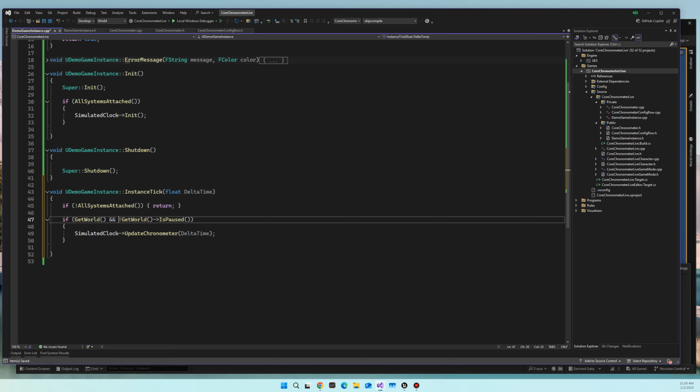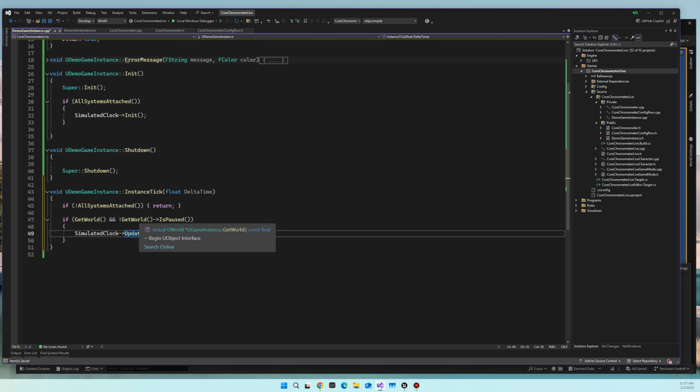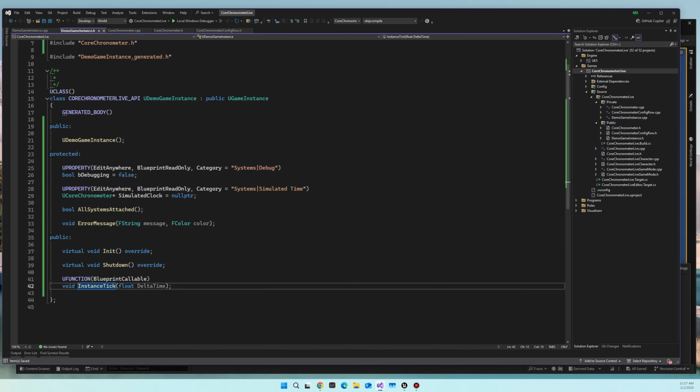Again, we're trying to simulate world time in the game, so we don't want it to be ticking if technically time is paused. So that should take care of that. And again, we're using the little not symbol here to make sure that we get the opposite for this to run. All right, so now that we've created our custom game instance, let's go ahead and set this instance up